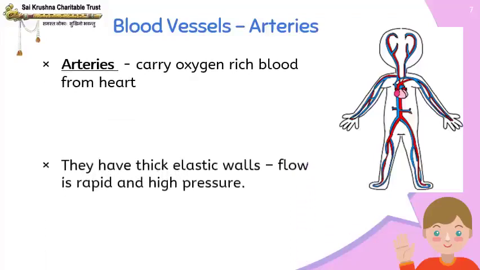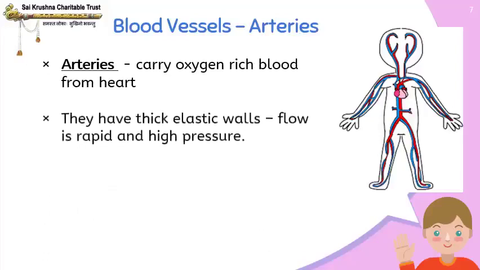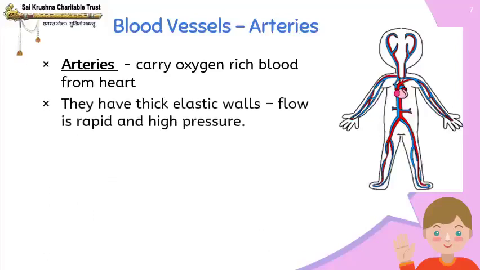Arteries are blood vessels, marked red in color here, which carry oxygen-rich blood from the heart to all the parts of the body. Okay, they have thick elastic walls. Okay, the wall is thick. The blood vessels are like a pipe only. You can say it is like a hose pipe, a flexible hose pipe made up of muscles, but they have thick